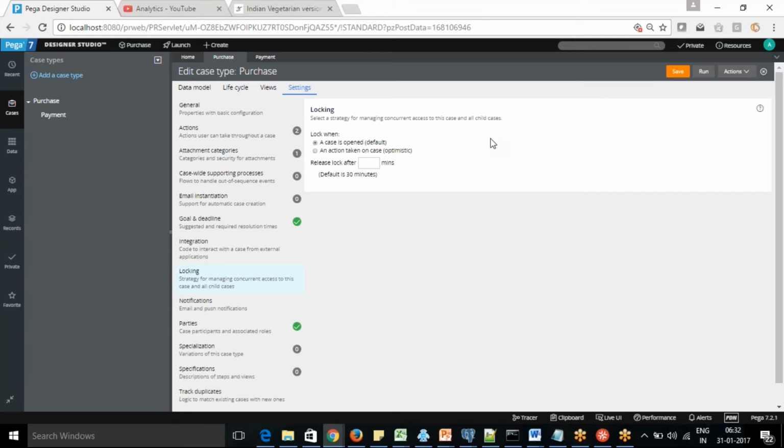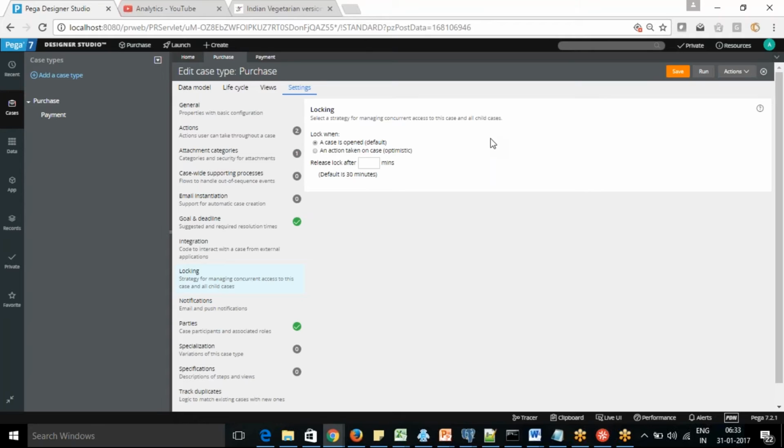Anyone can open the case at a time, right? If it is default locking, no one else can open the work object. So that is the new locking, optimistic locking. In this scenario, the lock is not acquired when you open the case. So multiple people can open the case, and only one can take the action.